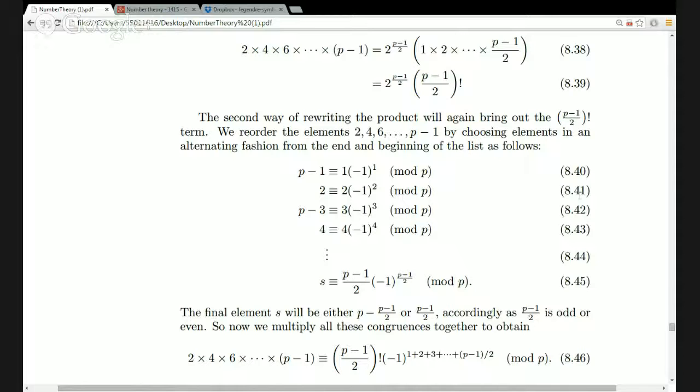P minus 1 over 2 itself could be odd or even. So but the last one in this description here is the halfway point, p minus 1 over 2. So the final element here in this list of congruences will be either p minus p minus 1 over 2, or p minus 1 over 2 itself. Accordingly, as p minus 1 over 2 is odd or